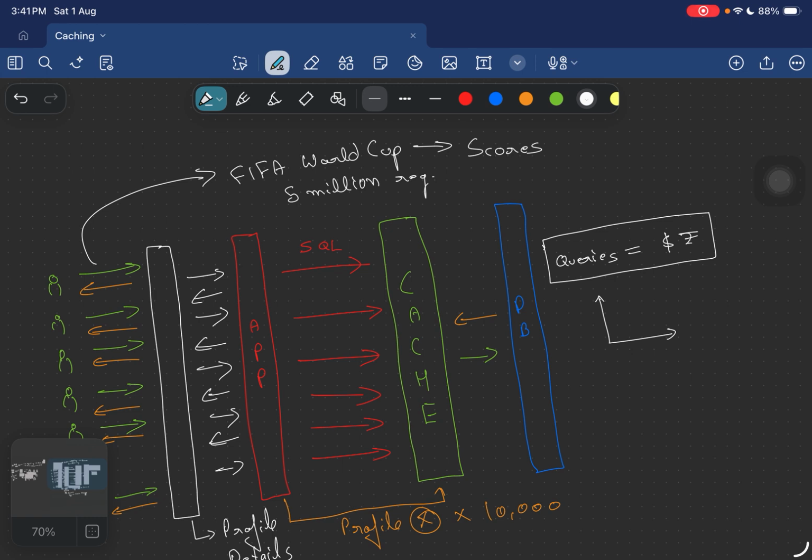So these are coming from the users to the cache and to the database. Then what we can do is we can just save the score for a single user request and then serve the current score